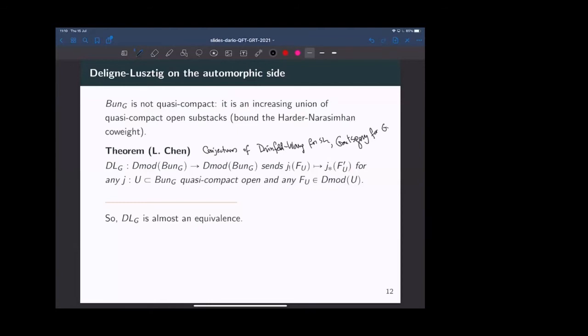So it was defined as a crazy combination of constant term and Eisenstein series, but from the point of view of non-quasi-compactness, it just takes a shriek extension and moves it to a star extension. It's not exactly that it takes a shriek extension of a sheaf and moves it to a star extension of the same sheaf. It's a different sheaf. F prime U is different from F U, but the functor from F(u) to F(u) prime is an automorphism.